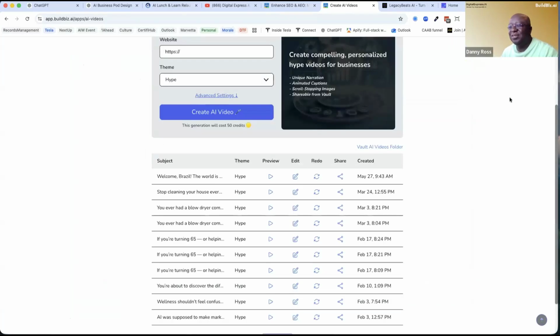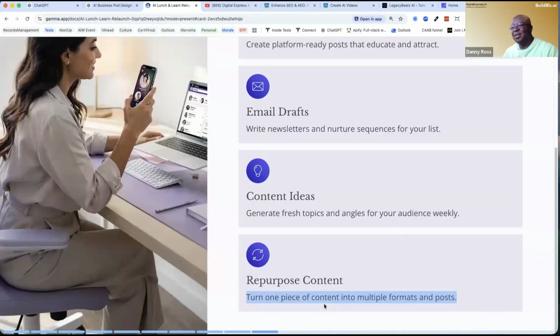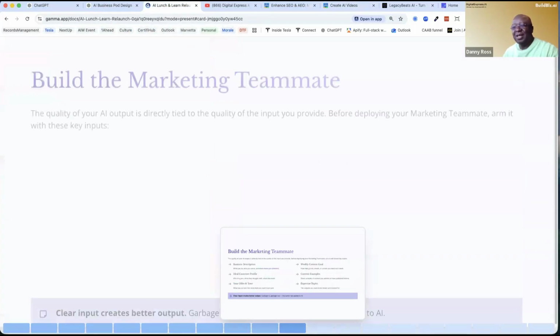So you can do this yourself in about half an hour and you have a whole email marketing campaign. You could do it in an hour, create the whole week's worth of marketing campaigns, and then have it scheduled to be dropped on these days and this time. So that's where the AI automation comes in so that you're not manually doing this. And that's what I meant by repurpose your content.